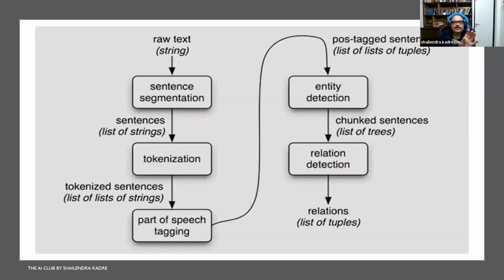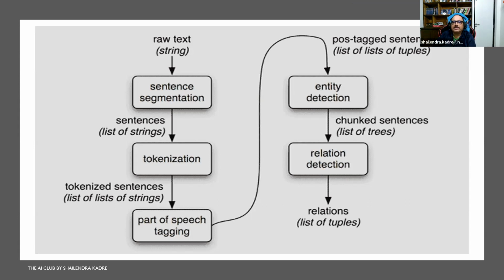So relationship extraction. Once again, I am taking you to the complete NLP cycle. Sentence segmentation and tokenization come under lexical analysis. Part of speech tagging, POS tagging, comes under syntactic analysis, and entity recognition and relationship detection come